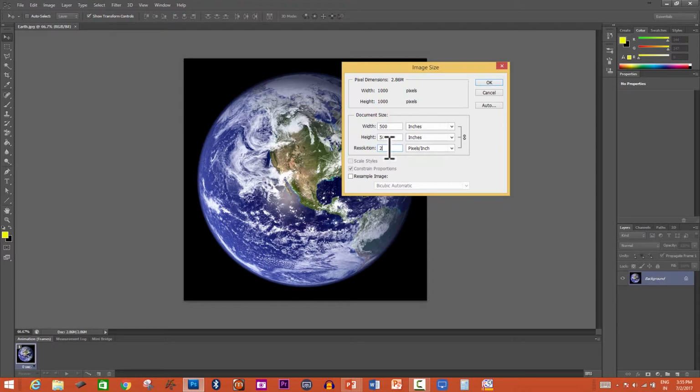Let's make it 20. The moment I do that, the width and the height in inches will reduce, but look at the number of pixels, there's still 1000. Look at the file size, it is still 2.86, because with resampling off, pixels remain the same. So if you increase the PPI, the width and the height will decrease. So let's go back to 10